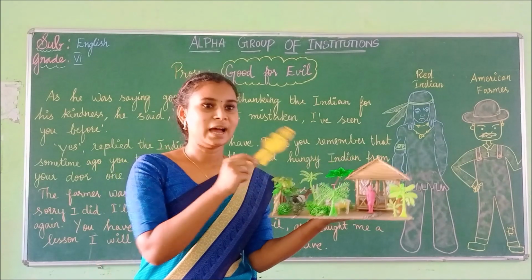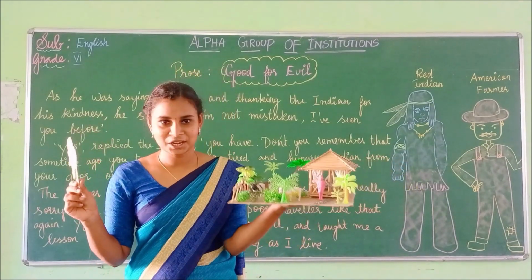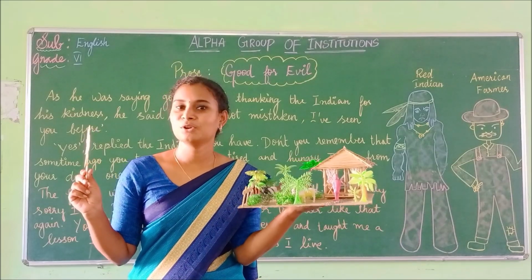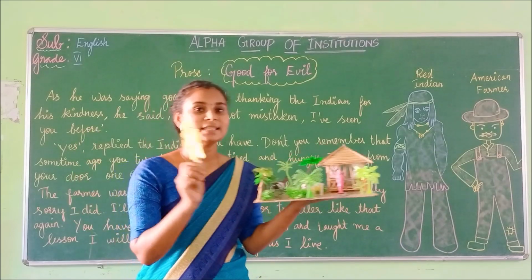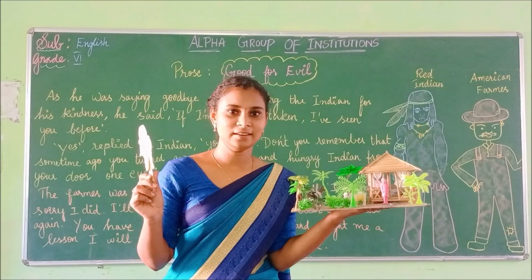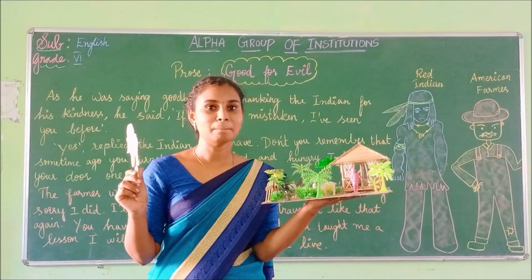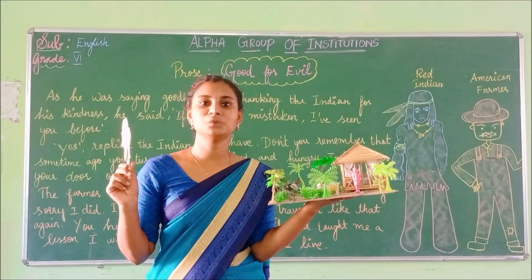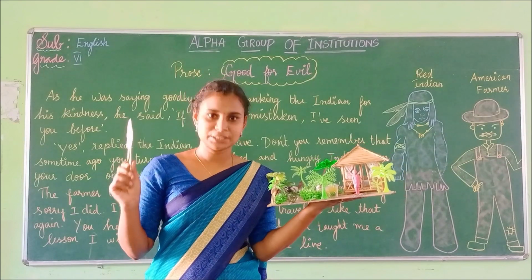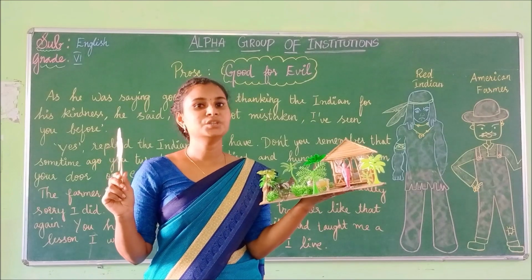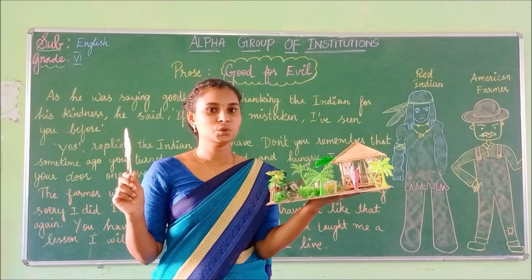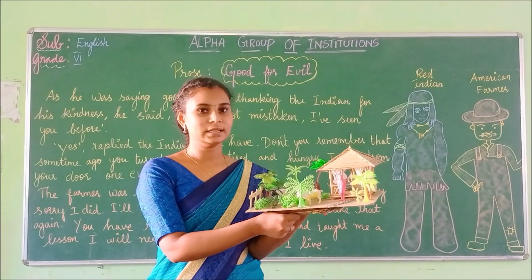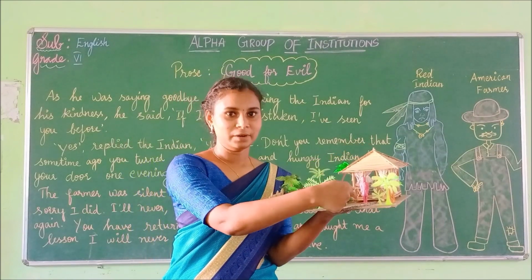So this American was so ashamed and he was sorry for what he has done. He was just silent and he said sorry to this Indian, I have done bad for you, but in return you have done good for me. So you have returned good for evil. So this is a lesson for me. I will never ever treat a poor traveler like that again. As long as I live, I will remember this. That's the answer given by this farmer, right?